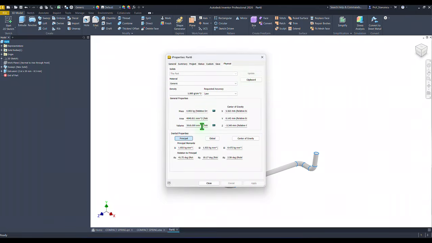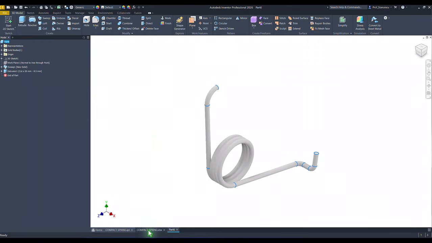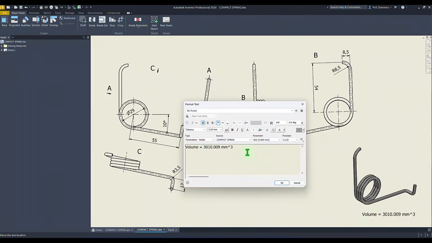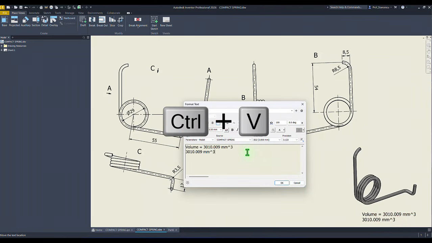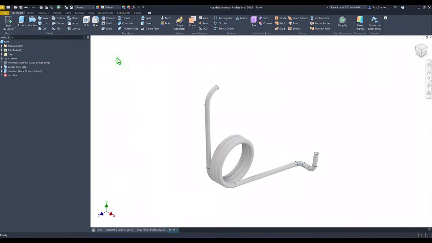We copy the volume, the number, close, drawing, double click, and the new value is exactly the same. We cancel changing the value, and we apply